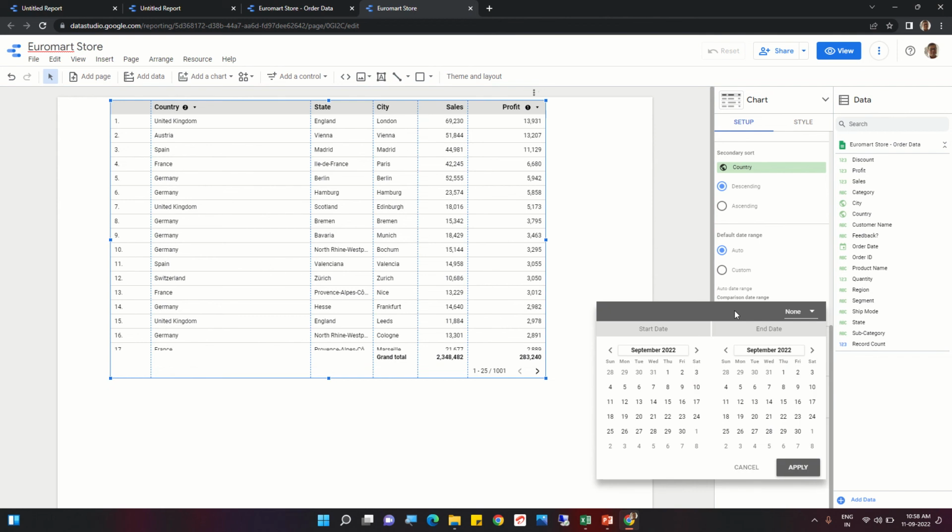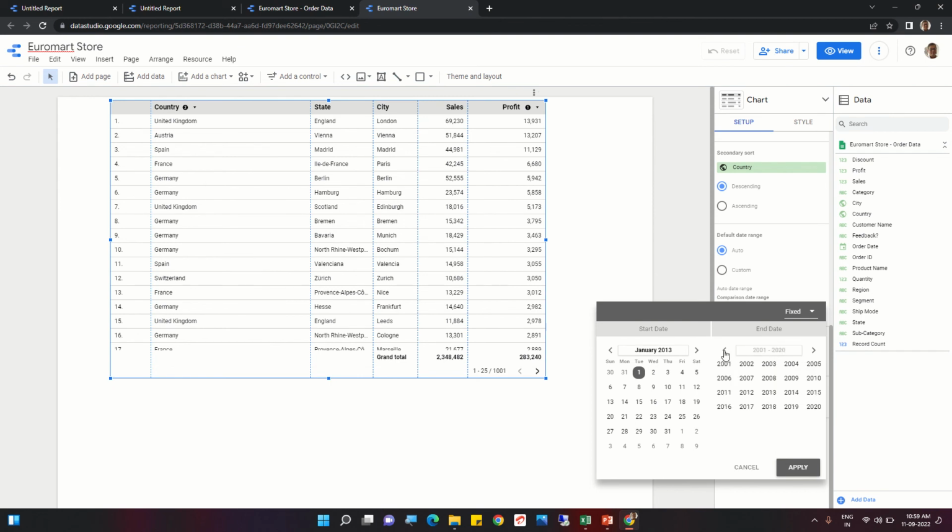For example, we'll see the 2013 data, from January 1, 2013